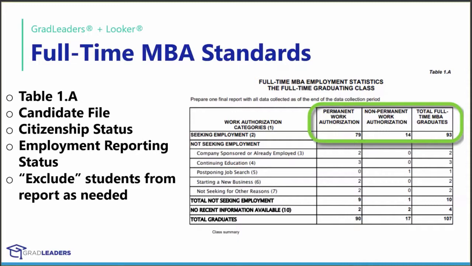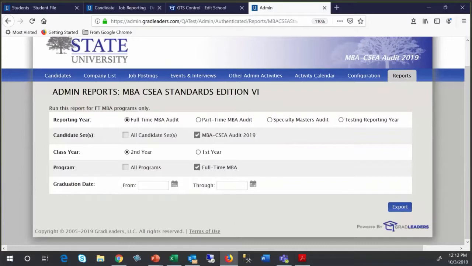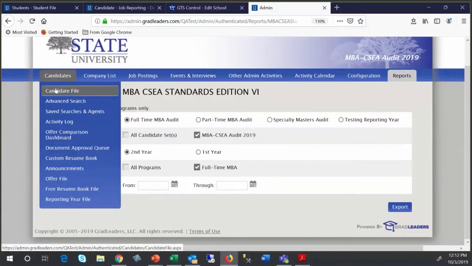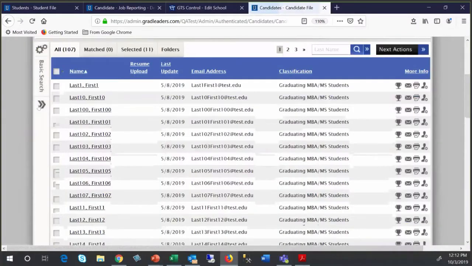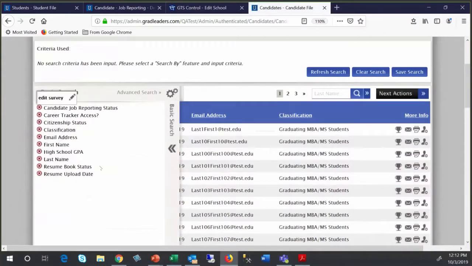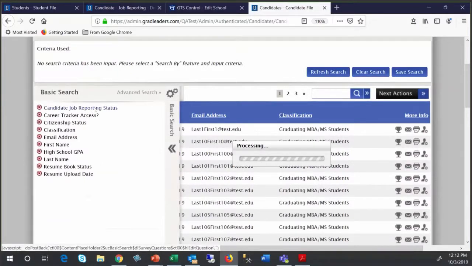All of this is simply from the student profile data. There's no job offer information included on this first report, and all of that data can be verified in the system in a very simple way by simply coming over to your candidate or student file and running a very simple search in the tool. Again, let me just do that quickly for you here. If I were going to just search on the candidate job reporting status to try to find all of my seeking students,